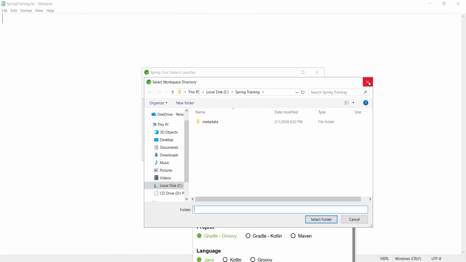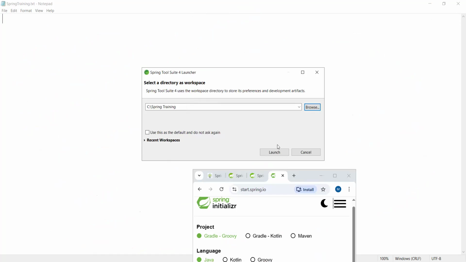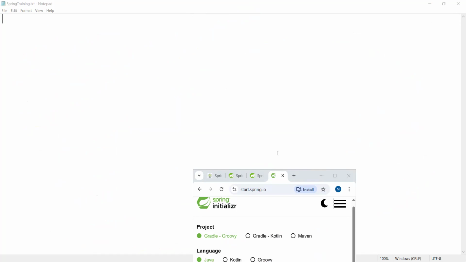We select this one. This is the default launch. Folder, for example, spring read theory. Just wait one minute.